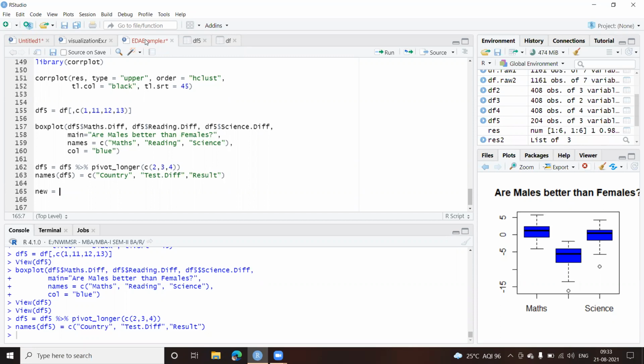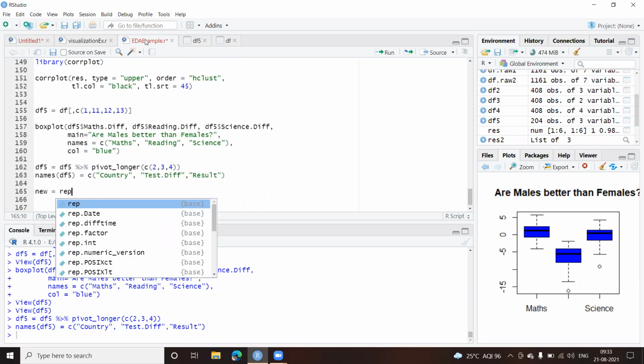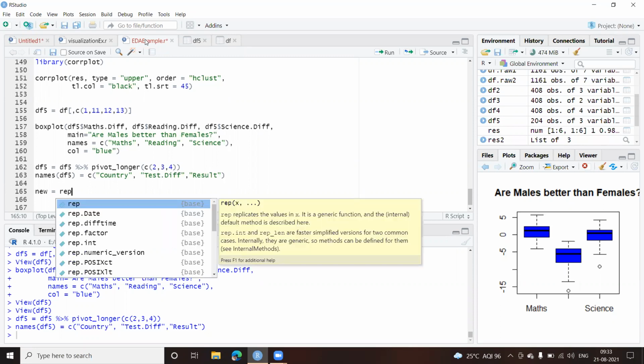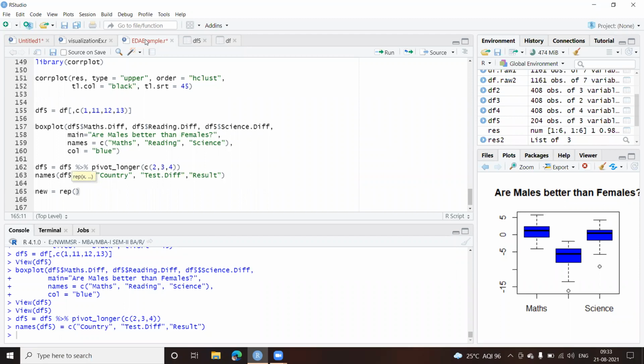Okay, we'll do one thing. We'll use the repeat function, rep, if you remember. I want to repeat some characters: maths, comma, the second one is reading, and the third one is science. How many times do I want to repeat this?